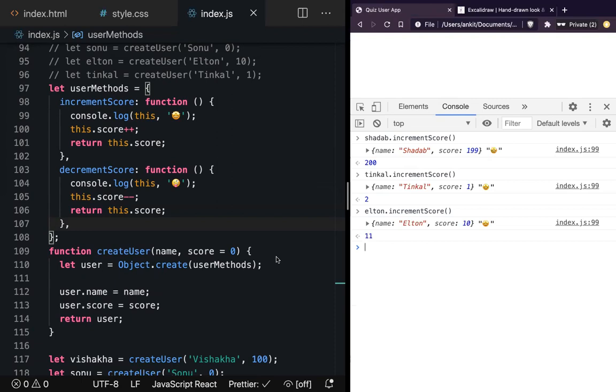Look at the example. If you're not able to understand any line of code, please tell me.